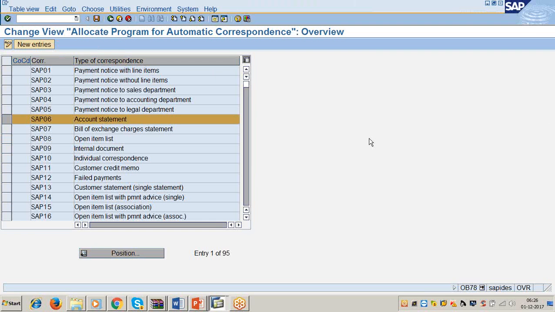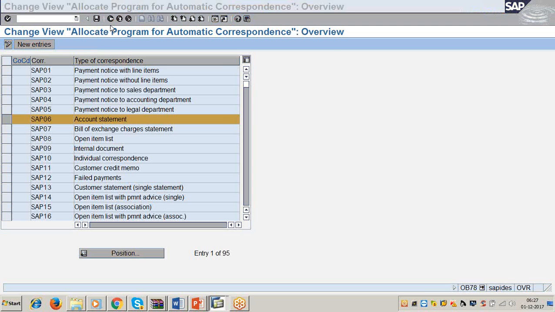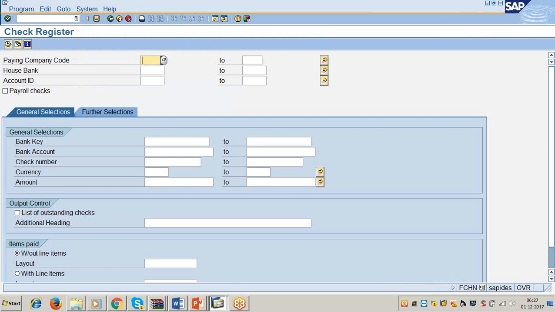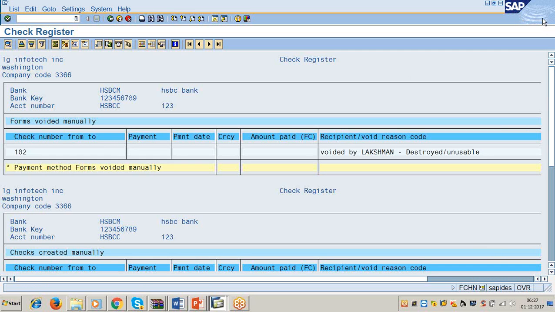Yes, Srinivas. Sir, once go to FCHN, sir. Check register display.